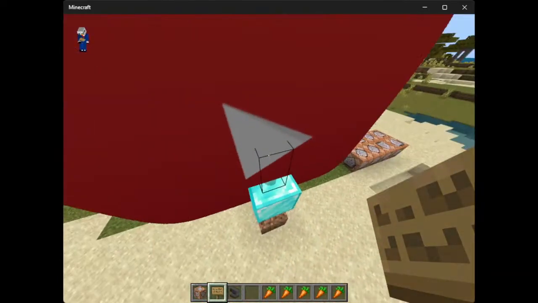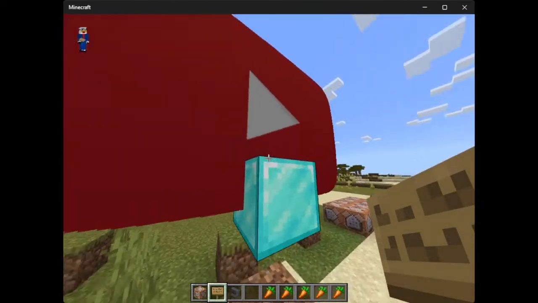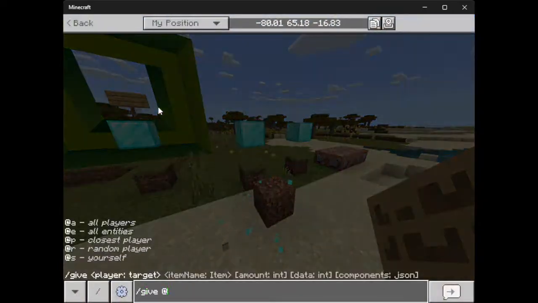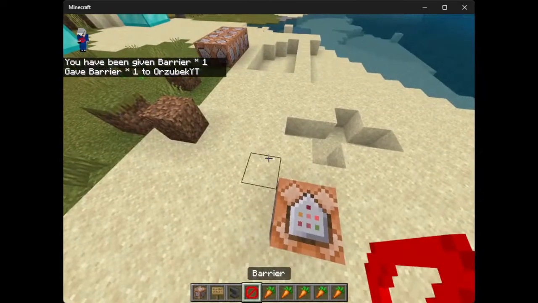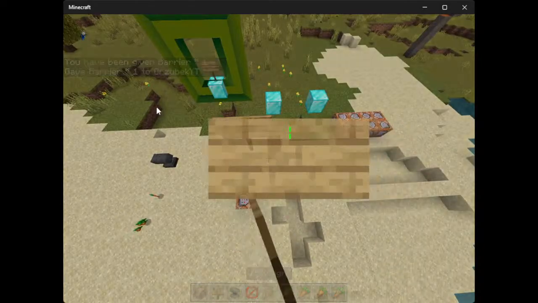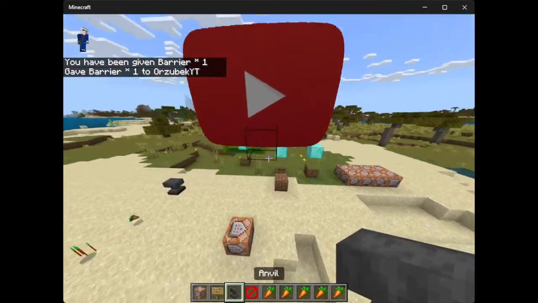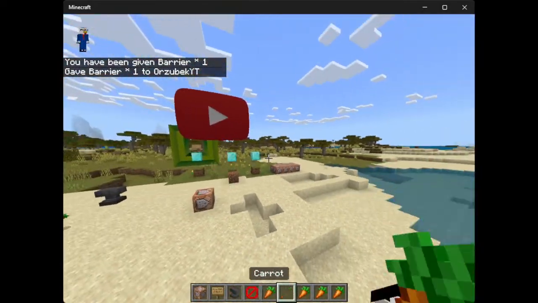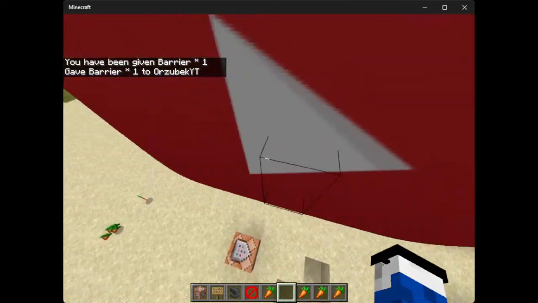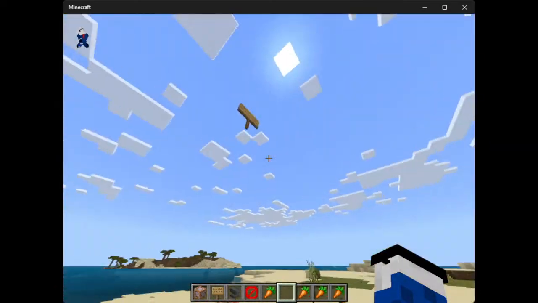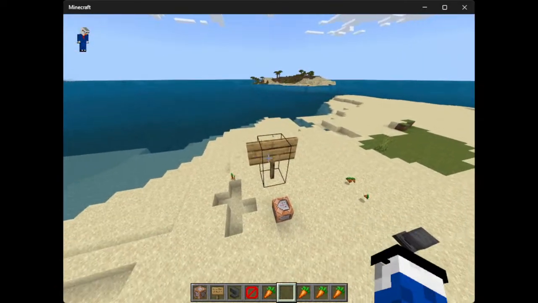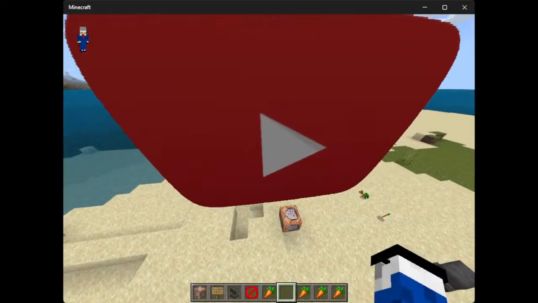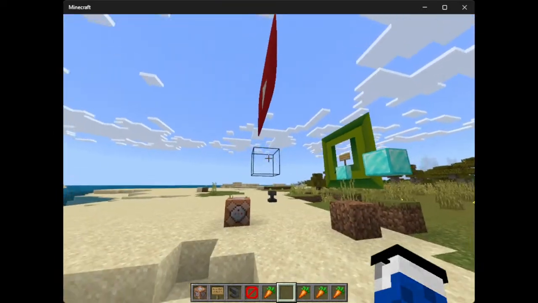So it's really cool. If you guys place something like a barrier, so slash give at s barrier, right? If I go here and then do this and do that, now look at it. It's floating, and if the player goes on to the other side, they won't be able to see it. But you can paste this on the other side of the sign too, and